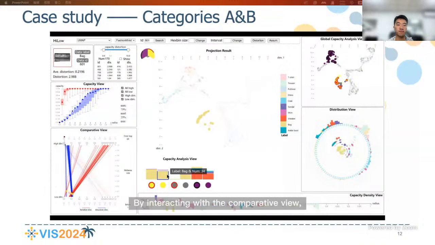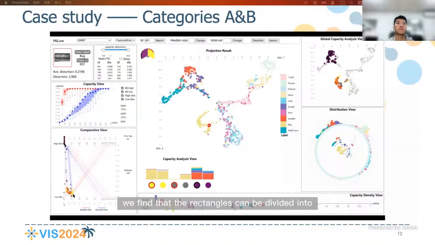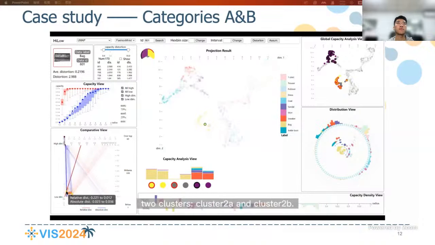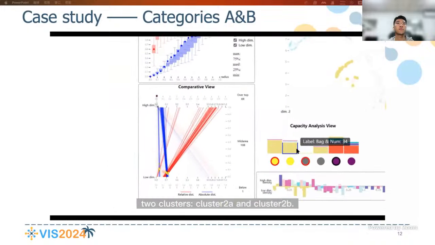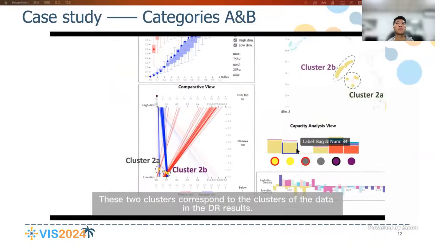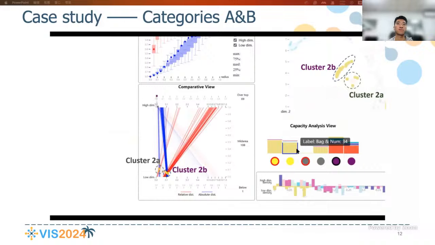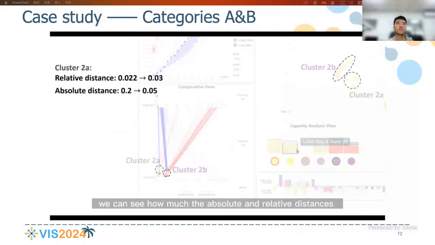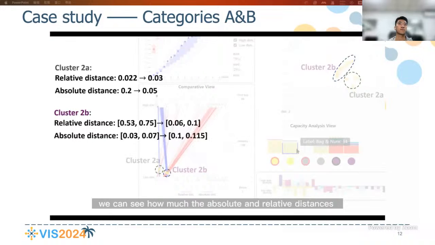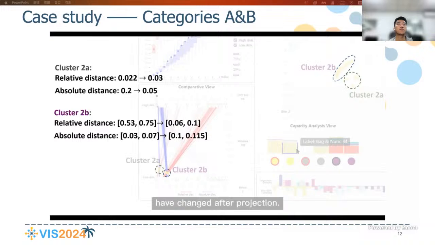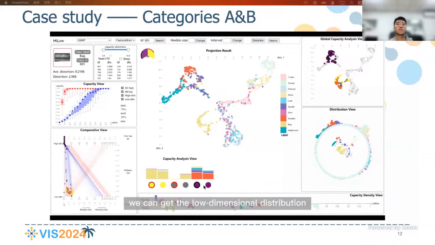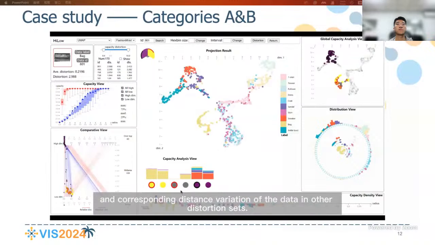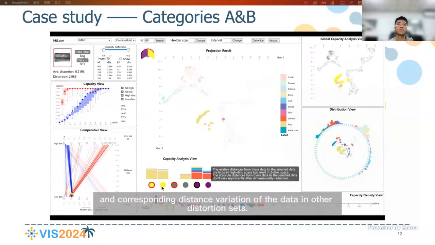By interacting with the comparative view, we find that the rectangles can be divided into two clusters, cluster 2A and cluster 2B, and these two clusters correspond to the clusters of data in the DR results. By interactions, we can see how much the absolute and relative distances of the data in these two clusters from the selected data have changed after projection. In the same way, we can get the low-dimensional distribution and the corresponding distance variation of the data in other